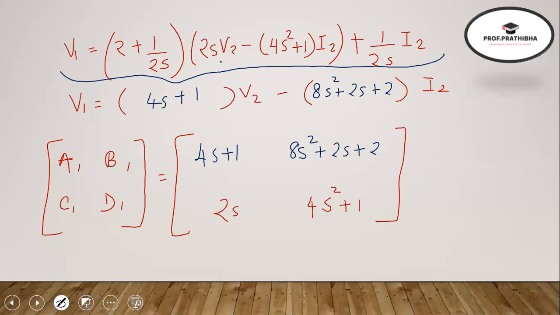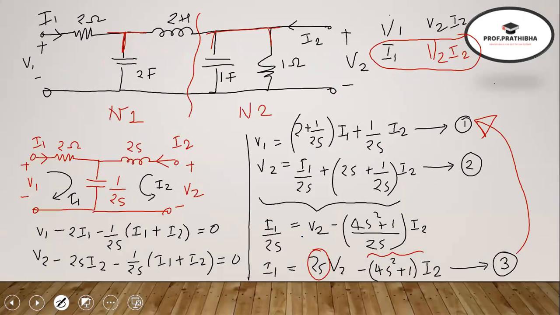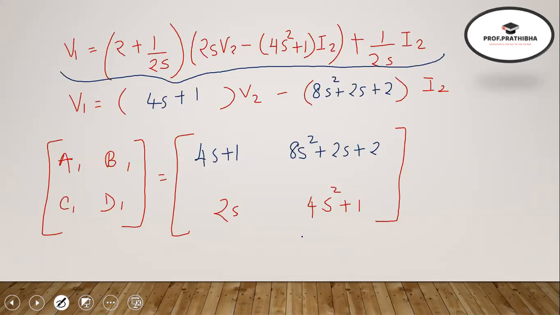Okay. So once you get A1, B1, C1 and D1, then what we are doing is we are taking the other part of the circuit. So what we did first is we took the T network, right? We took the T part of it. Now we're taking the pi part of it. So the pi network is a very small one. So you will see that the network is,